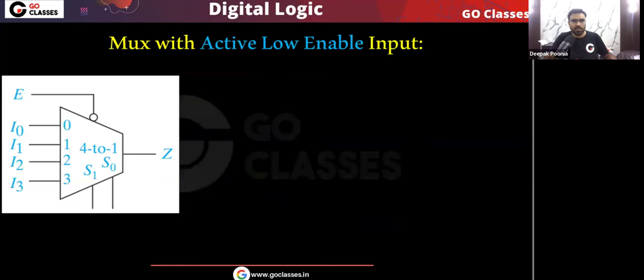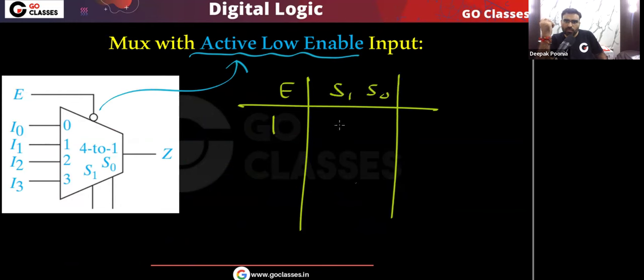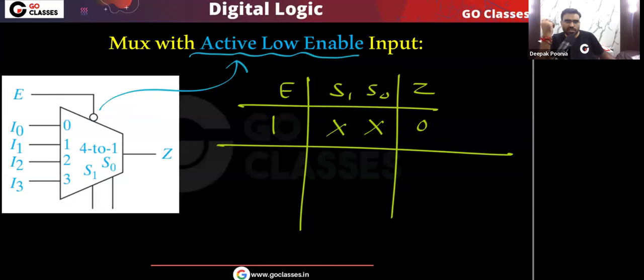Okay, let's consider a 4 by 1 multiplexer. In the 4 by 1 multiplexer, if you want to denote that our enable is active low enable, then we can put this bubble. So remember, this bubble indicates that our enable is active low enable. Means when the enable equal to 0, then the circuit will be activated. It simply means that when E equal to 1, then whatever select lines you take, it does not matter, because when E equal to 1, the output will basically be 0. Our circuit is idle here. Here our mux is idle.